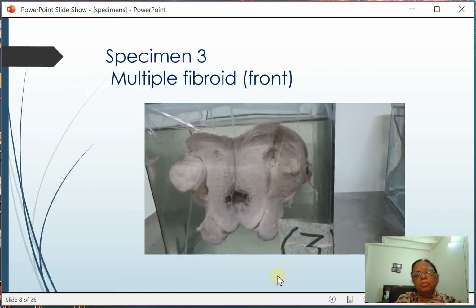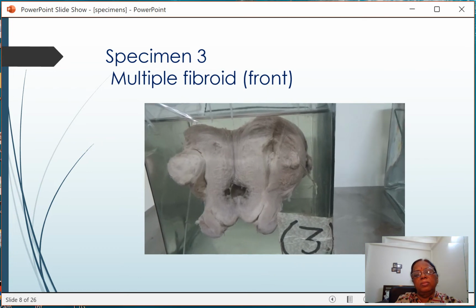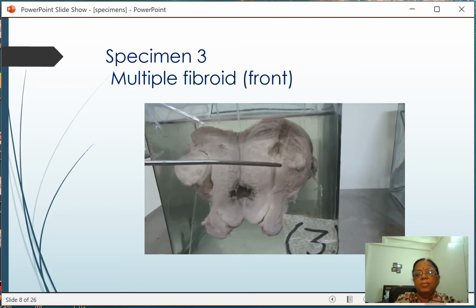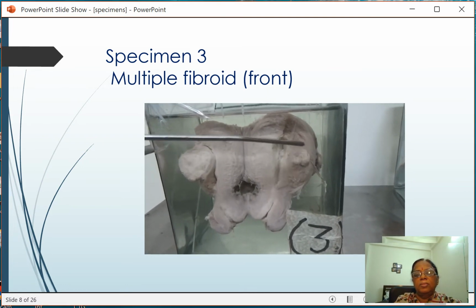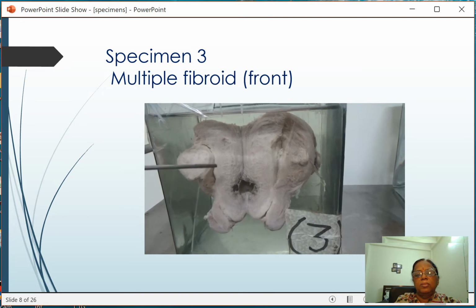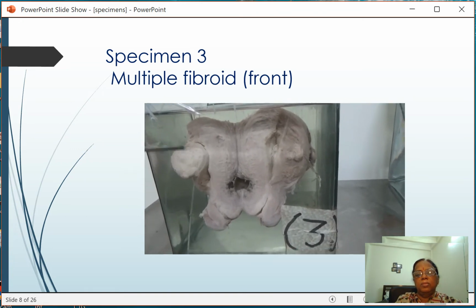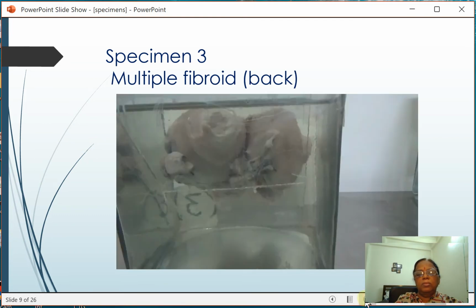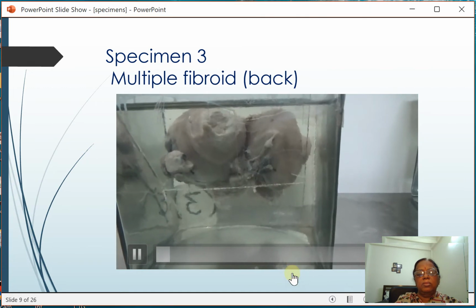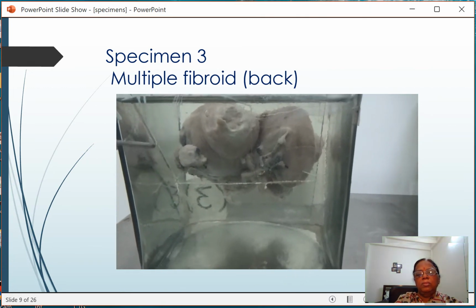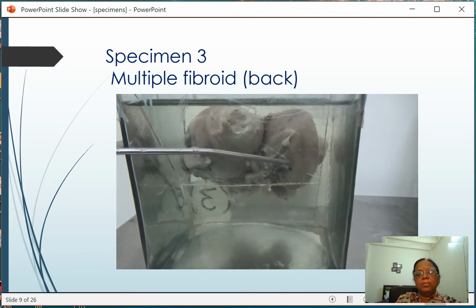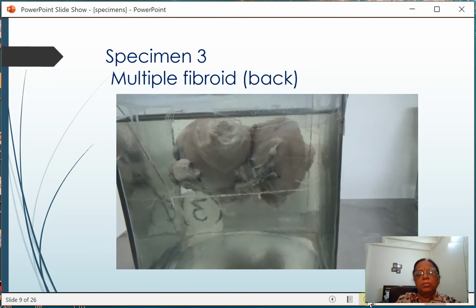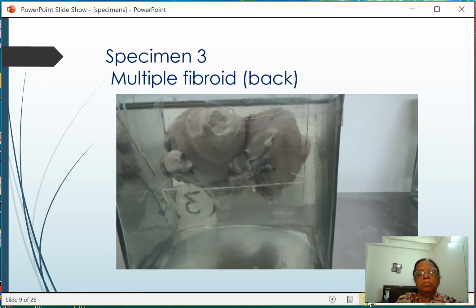This is specimen of uterus, cervix, adnexa of both the sides. The uterus is cut open from the anterior surface. The wall of the uterus is thick. There is fibroid on the wall as it is apparent. Now we will go to the posterior surface. This is a posterior surface, and you can appreciate this is the ovary, this is the other ovary. So the patient is AUBL. This is a posterior surface.